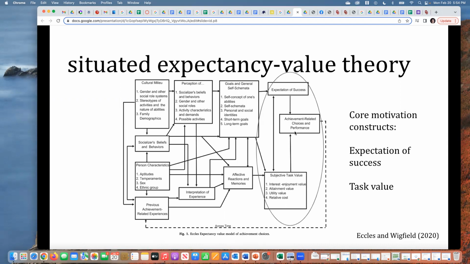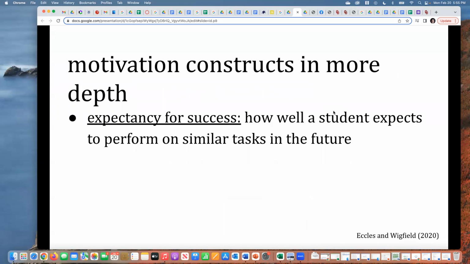As you would probably gather, the higher students' expectancies for success, so the more they would endorse that can I do this question, and the more they value in a positive way the academic domain or task, the higher the performance and the more they're going to continue to choose to engage in and pursue that academic domain, whatever it might be. So let me break down these motivation constructs in a little bit more depth. When I talk about expectancy for success, again, it's that can I do this construct?